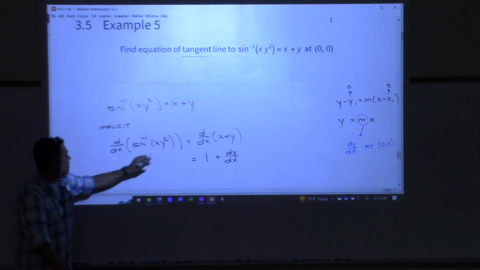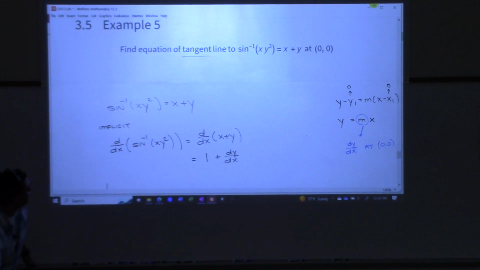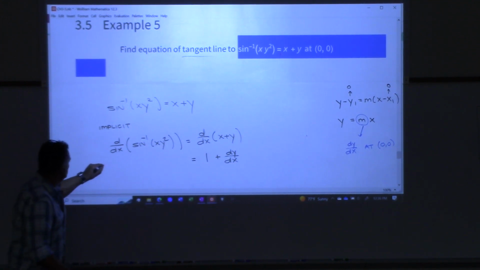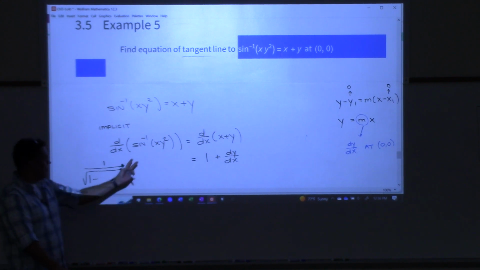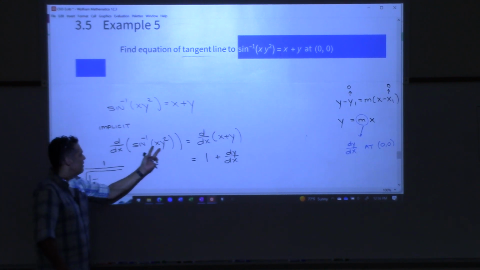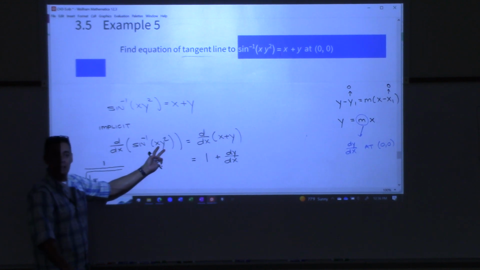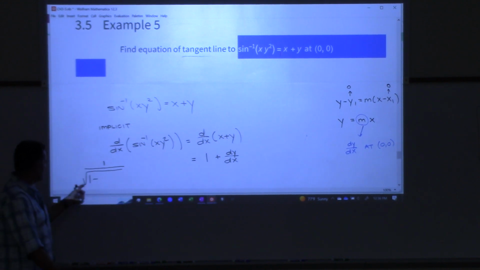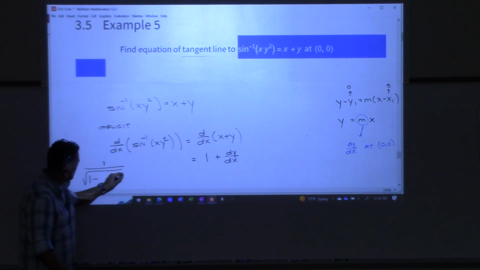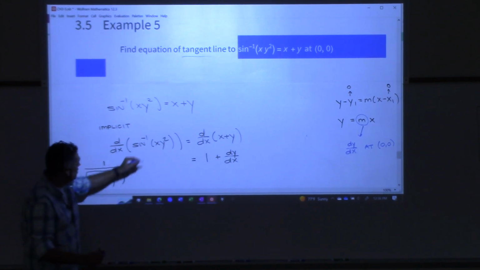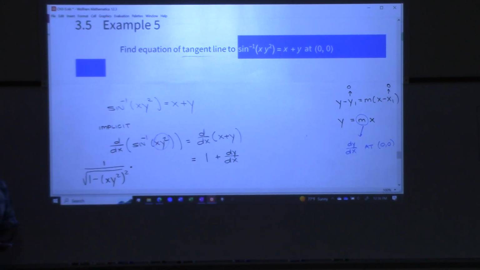So let's start with derivative of inverse sine. What's derivative of inverse sine? 1 over the square root of 1 minus, and then whatever this thing is, what do we call that thing inside of a function? What do we call it? The argument. So it's going to be 1 over the square root of 1 minus the argument xy squared, I'm not done, times now, chain rule, the derivative of what was in here,